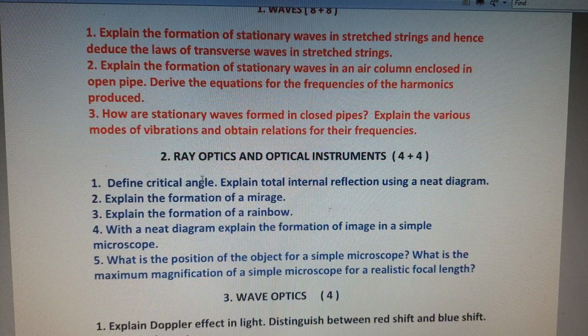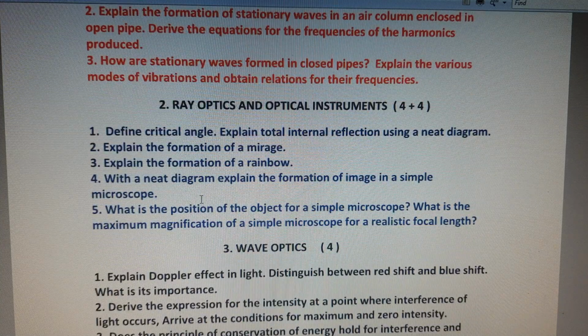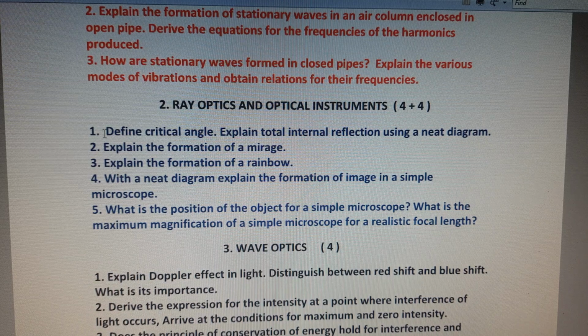And the second chapter is Ray Optics and Optical Instruments. It will have 5 4-marks questions. From the examination point of view, 2 4-marks questions will be asked from Ray Optics and Optical Instruments. In that, the first very important question is: define critical angle, explain total internal reflection using a